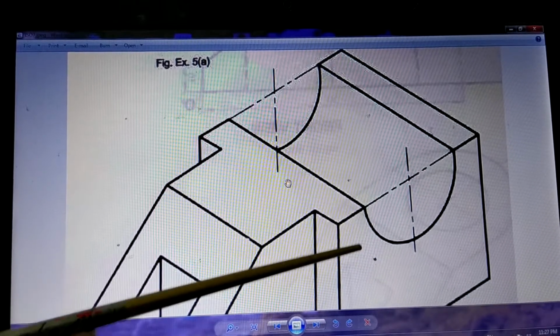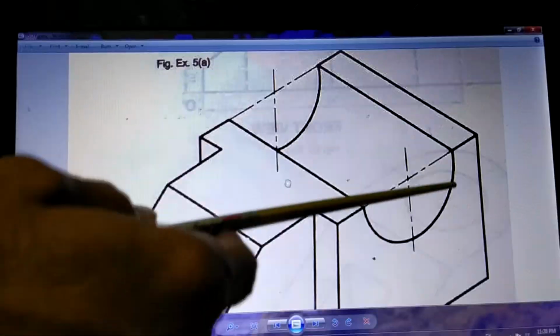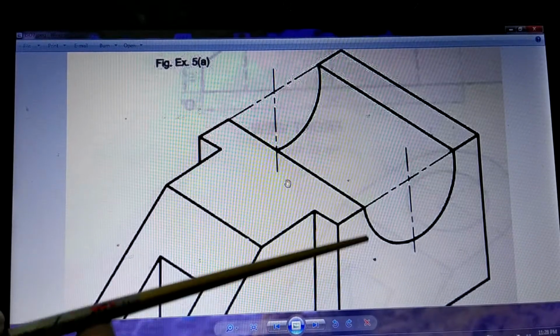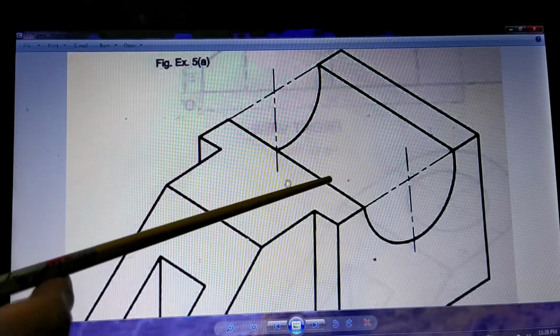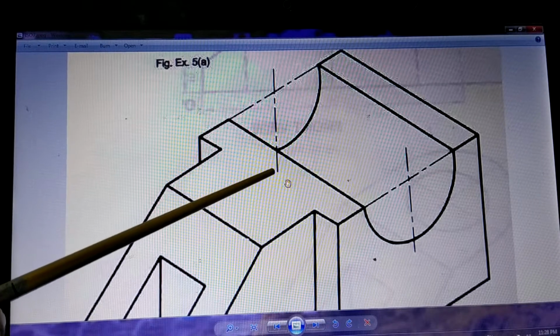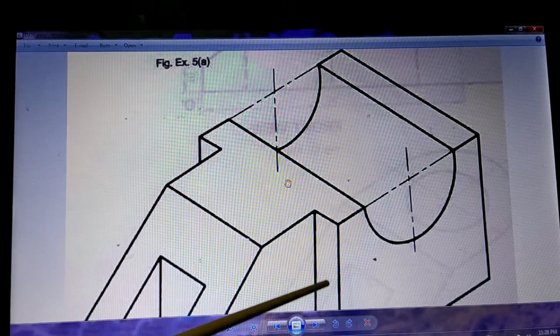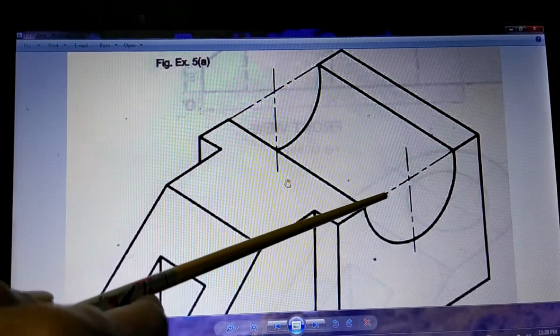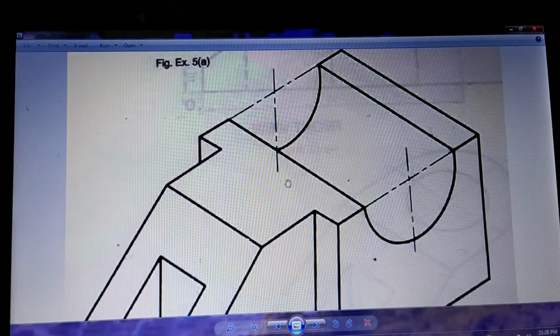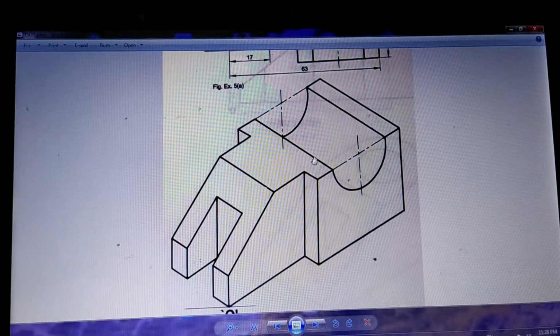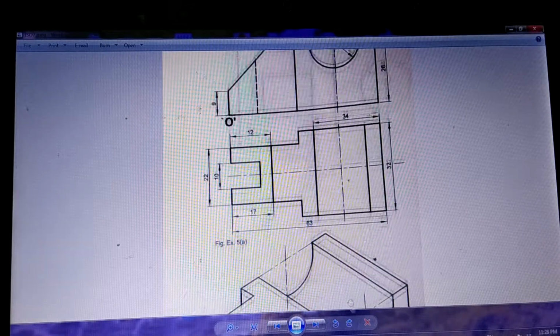Only thing is you draw that construction as light lines, so that those lines are visible for the examination purpose, and your final object as it is shown here will be very dark. Center lines are also there, but as you can see here, they are medium lines. So this is how the figure will come for the given exercise. The question was like this and the answer is like this.